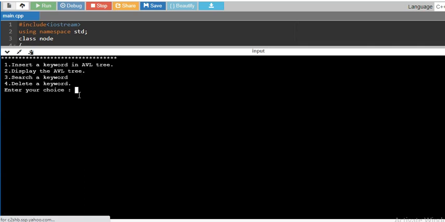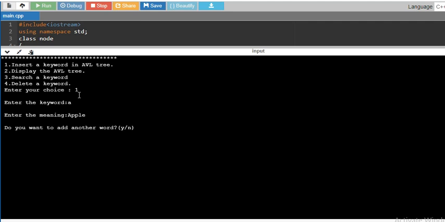Now we have to enter the choice. Suppose we want to insert into a tree, so the choice is 1. Now the keyword we have to give. Suppose I give the keyword as A and the meaning as apple. Then next is, do you want to continue? Yes, we want to continue. We want to add another keyword, like B, with the meaning ball.